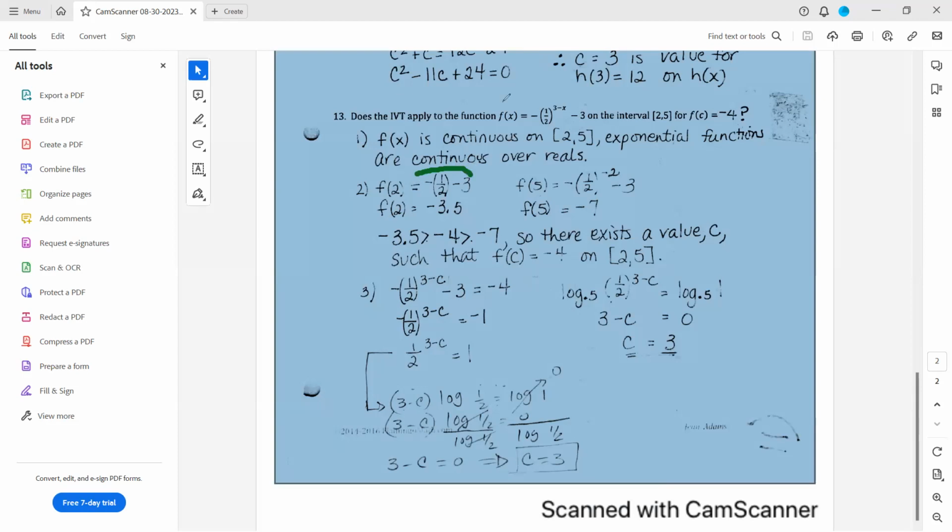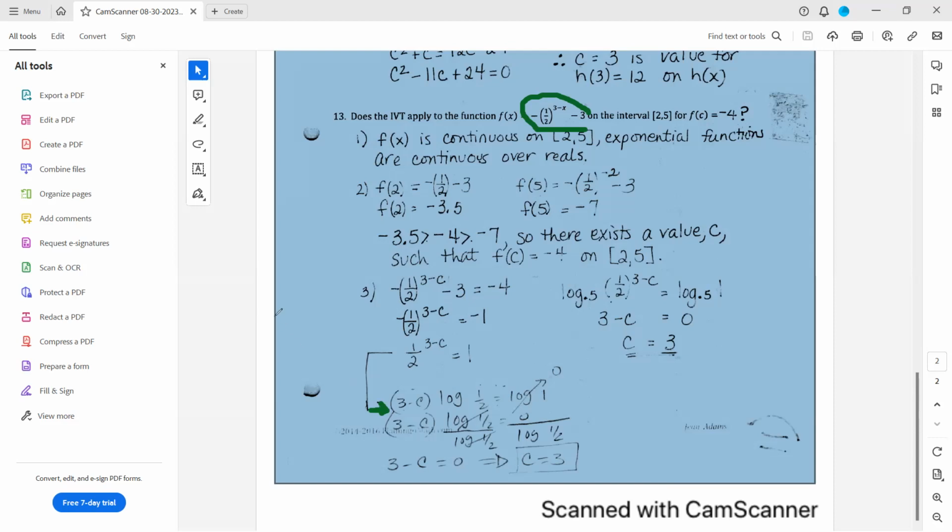I'm sorry, she didn't plug it in here. She plugged it into this version, right here. She plugged it into that. Oh, she plugged it in after she took the log of it. Is there a reason for that? So